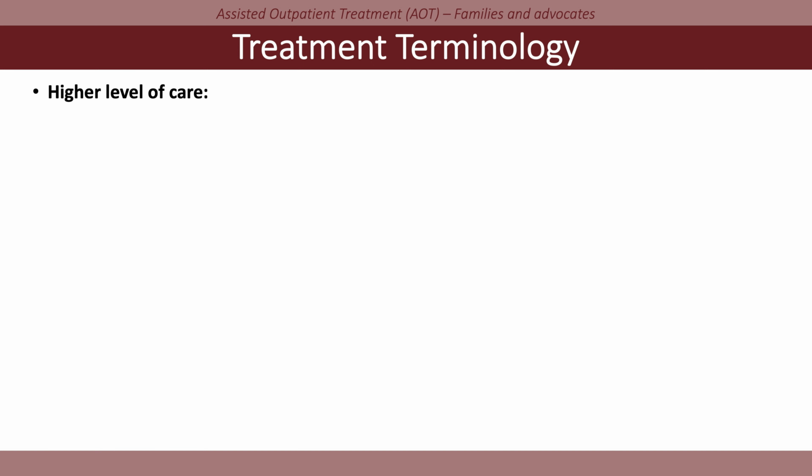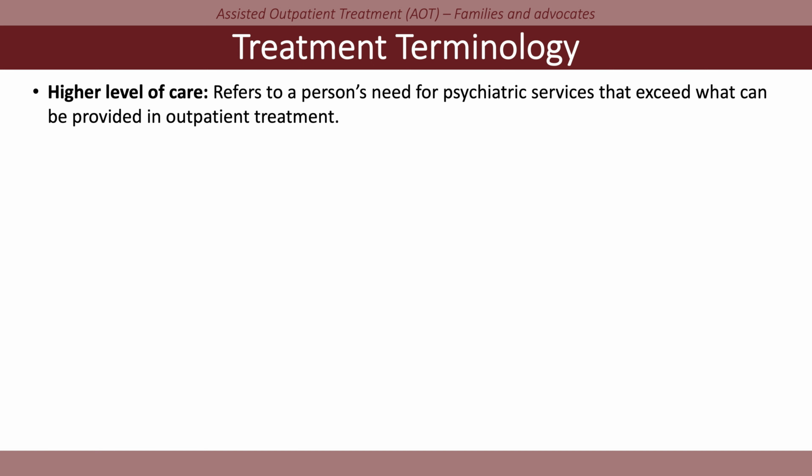Because a higher level of care refers to a person's need for psychiatric services that simply can't be performed outside of a specialized facility or hospital. So this is when a person's need for psychiatric services exceeds what can be provided in traditional outpatient treatment. And one of the most common forms of higher levels of care is inpatient treatment, or often referred to as